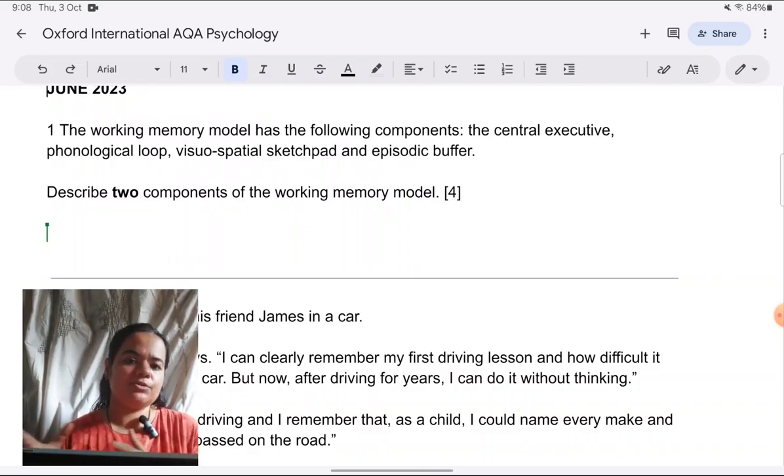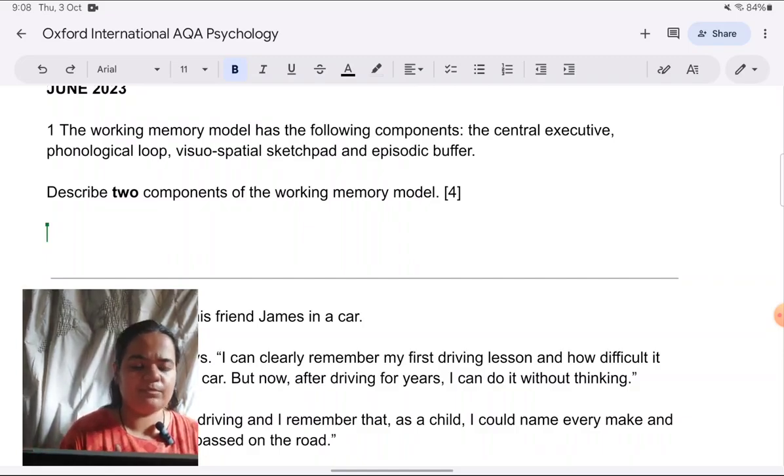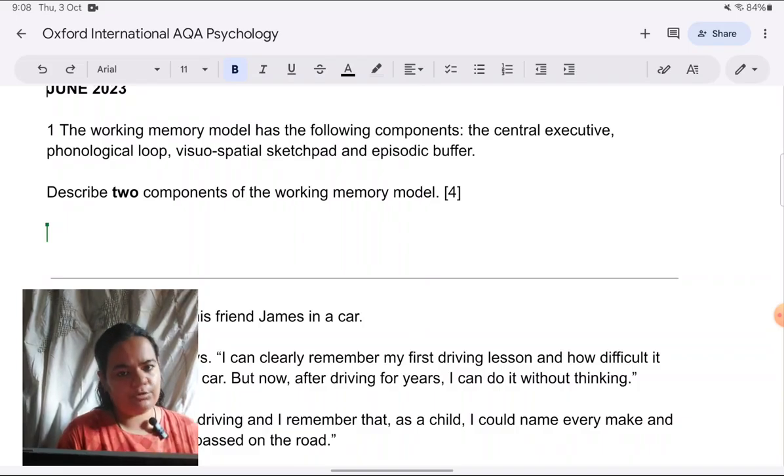When it comes to the visuospatial sketchpad, say for example, I would have to describe the inner scribe or the visual cache to put across my point that there is storage also and there's rehearsal of spatial information. Same is the case with the phonological loop. I would have to mention the phonological store, which holds auditory information, and the articulatory loop, which helps to rehearse it. So I would just go by the central executive and episodic buffer because I feel they're a little briefer for me to describe, given the marks that have been allotted.